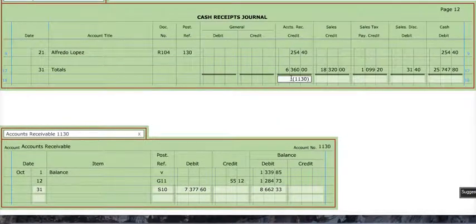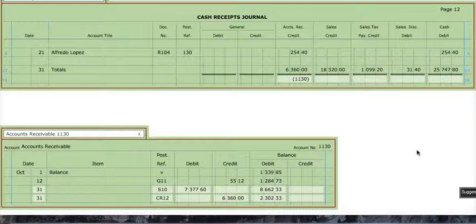That's my account number. It's going to be date of the 31st. It's from Cash Receipts 12, CR 12. It's a credit of 6360. Credit and a debit, take the difference, still have a debit balance of